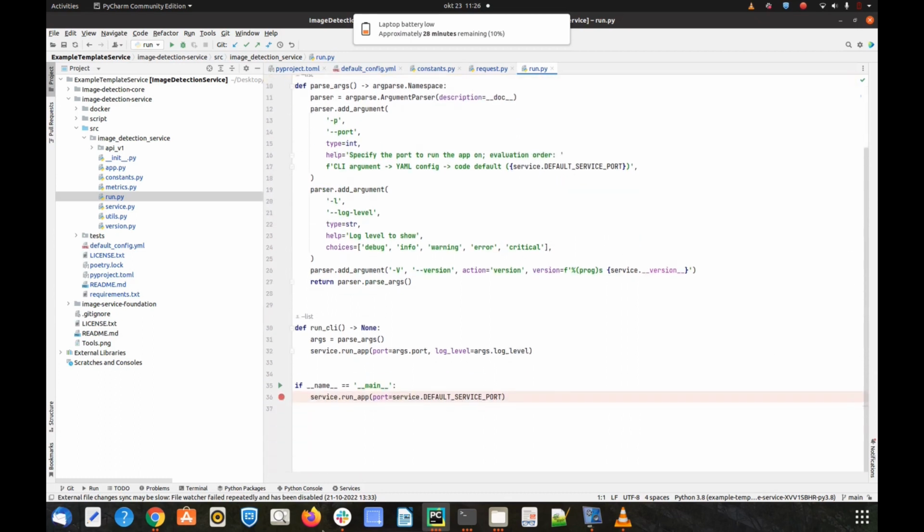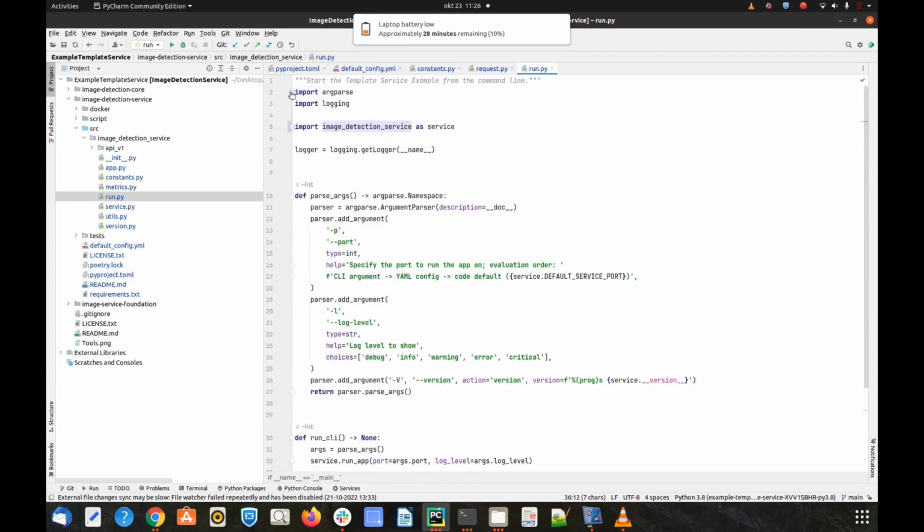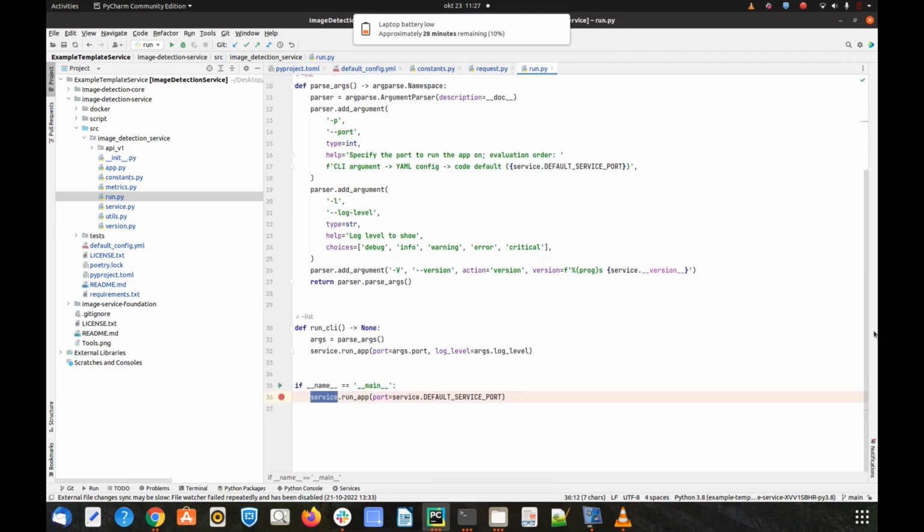I just want to see what this service is, and mostly the entire image detection service is loaded as service. And here if we click run app,